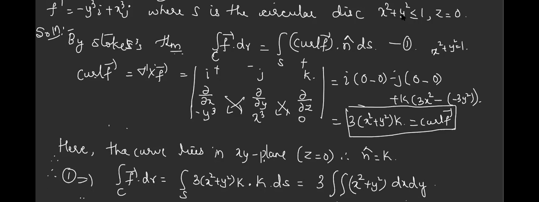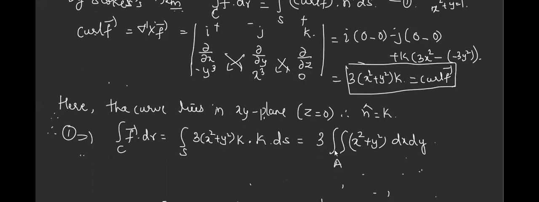Whenever we have dealt with problems with the circle and all, what have we done for evaluation of the double integral? Isn't it we have applied one concept? Let me see who remembers it. Evaluation of double integral, we have converted to a concept. We have used polar. Very good. So we have changed it to polar. Let us do the same thing over here.